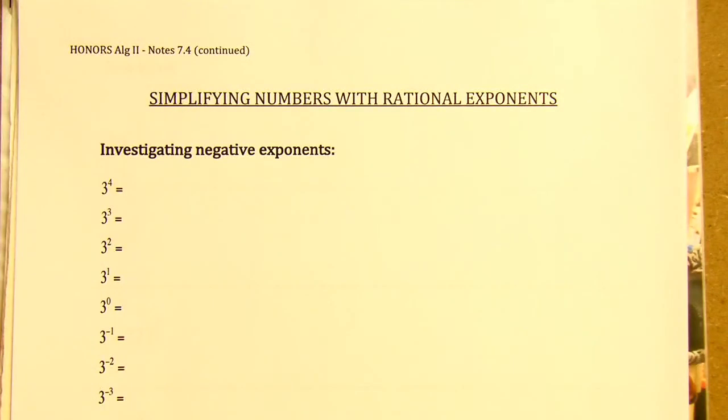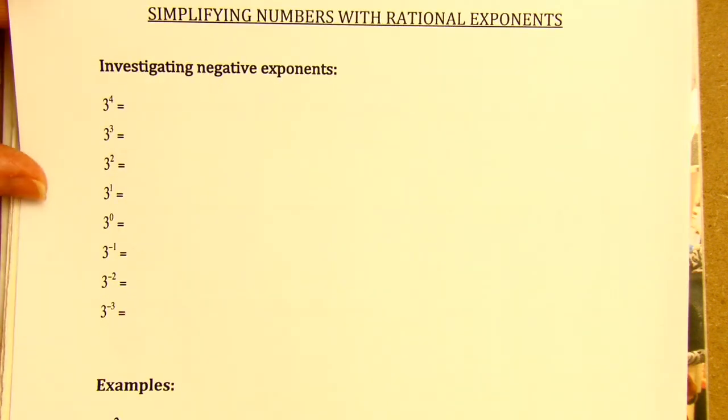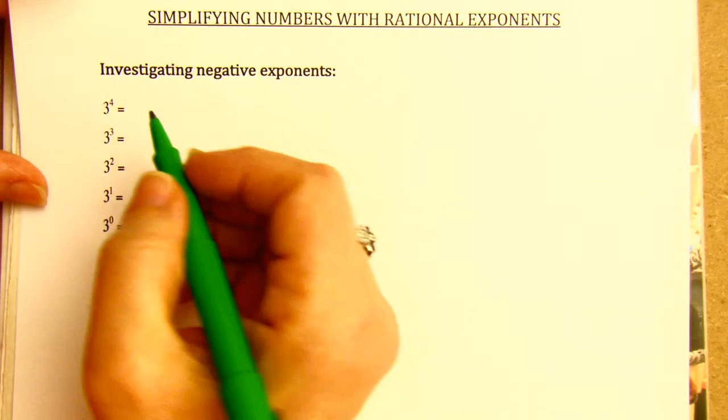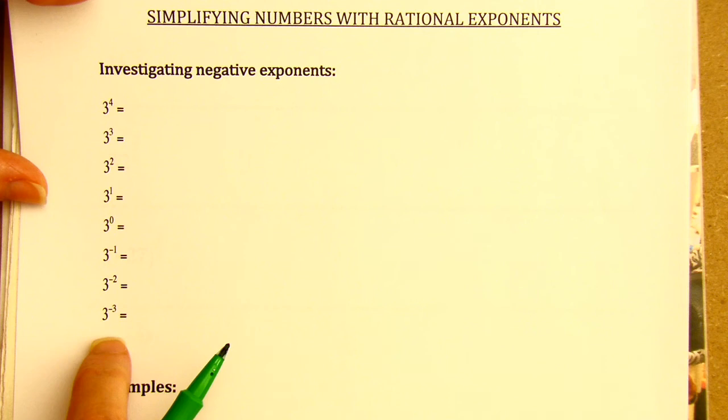In Chapter 7, Section 4, continued, simplifying numbers with rational exponents. So this time in this section, we are going to take a look at negative exponents. All right, so if we do something basic like 3 to the power of 4, and then finally getting down to 3 to the negative 3 power, we